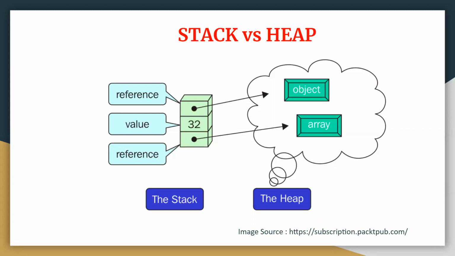In case of the heap, it is explicitly managed and the variables are created or initialized at the runtime. Next characteristic, memory used. In case of stack, we are using a static memory, which means that memory is allocated at the compile time before the program execution takes place. In case of heap, it is a dynamic memory, that is, memory can be allocated and later on it can be freed randomly in any order if you want.